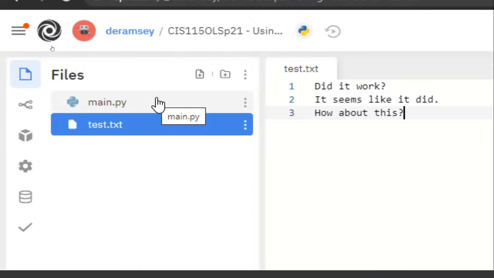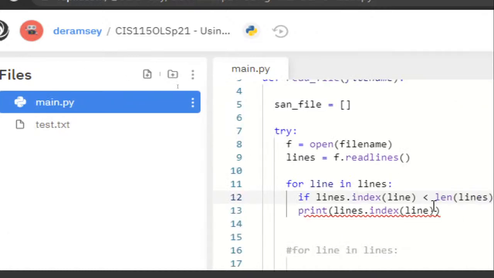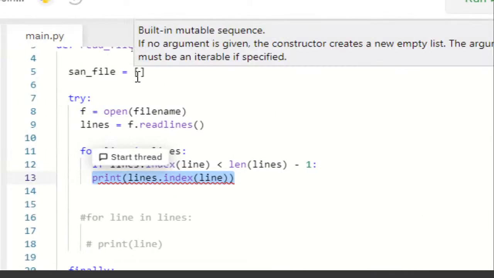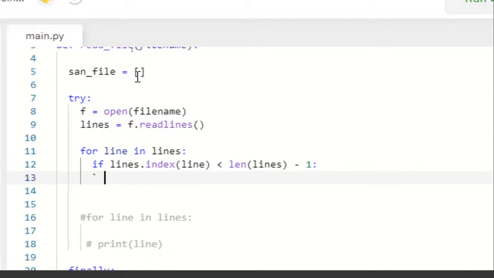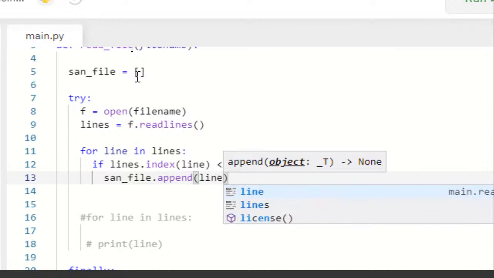So as long as it's less than whatever item is in the last index location, we should be able to strip the final 2 characters off of that item using string manipulation to get rid of that new line character while we're working on it. So maybe, and we'll append it to our san file. So that would be san_file.append(line)